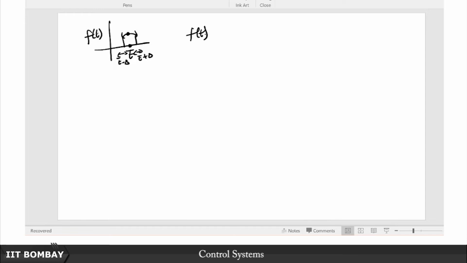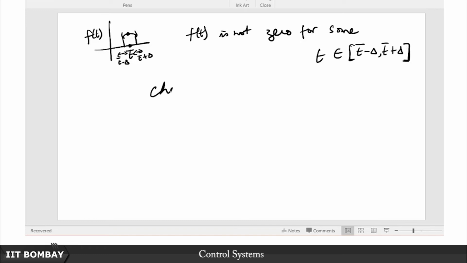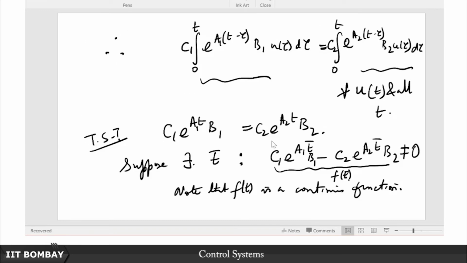So therefore f(t) is not 0 for some t belonging to, let us say, t bar minus delta to t bar plus delta. This is just the continuity argument, right. I can always find some such delta. But now note, what does this result in? So now choose, remember that this condition needs to be true for all u(t),